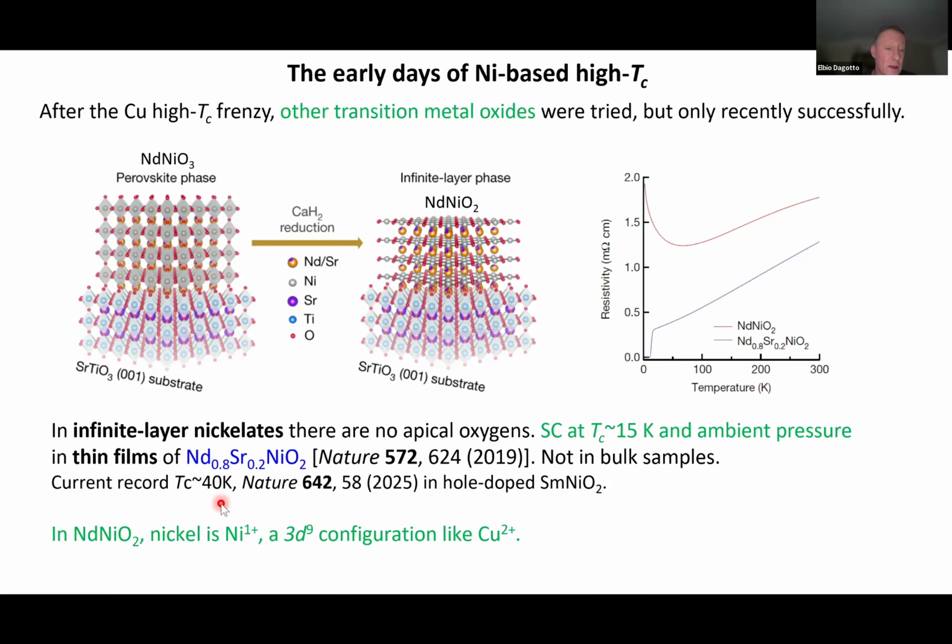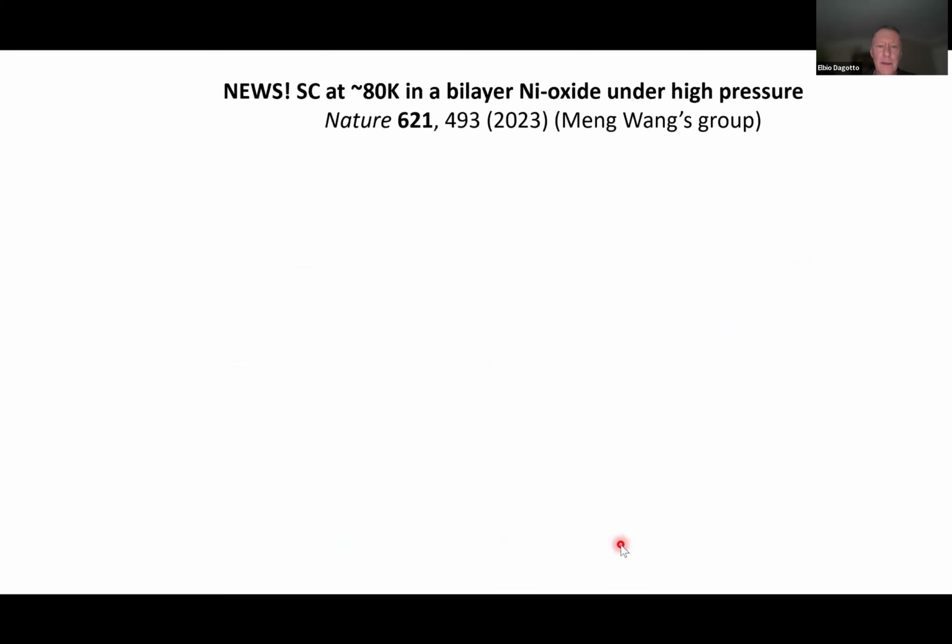One of the interesting aspects of the 112 is that nickel happened to be in the 1+ valence, which is very rare. If you do the counting of electrons and you place them in all the orbitals, that corresponds to a 3d9 configuration, exactly the same as in copper 2+. So this was the early days. And then the big news came up